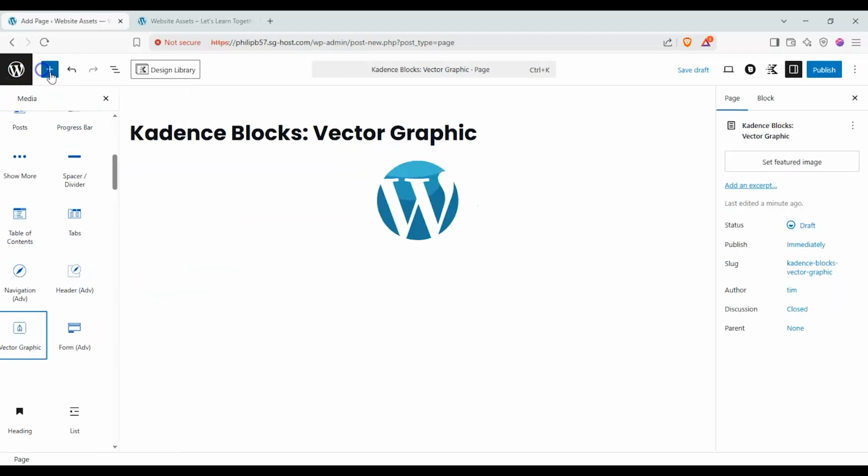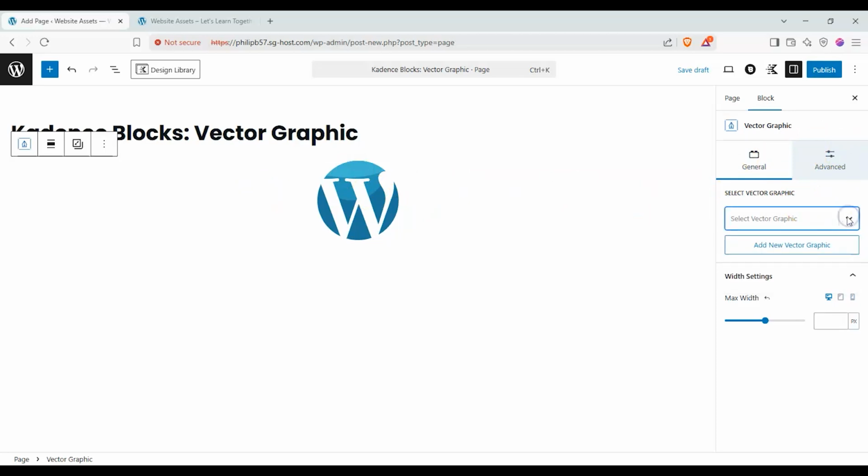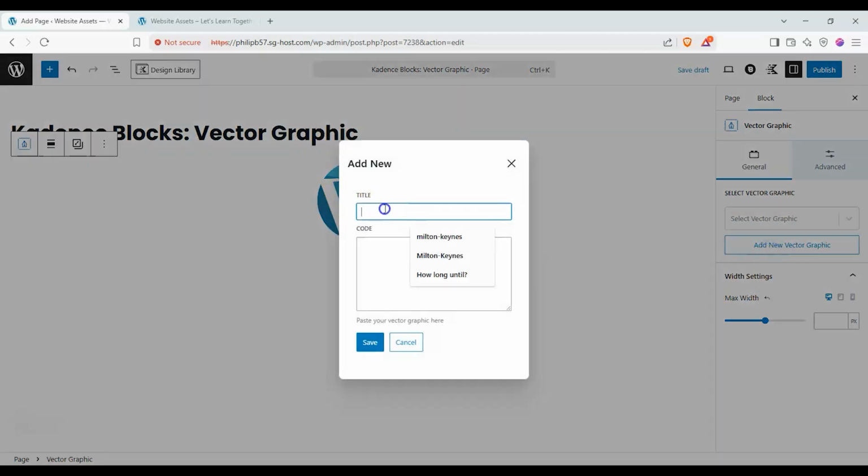Now, by default, the placeholder image is this WordPress logo. We have only a few options here. If we already have some vector graphics up on our backend, we can choose them from here. But in order to add a new one, let's go ahead and click on